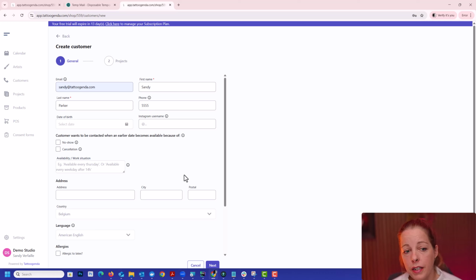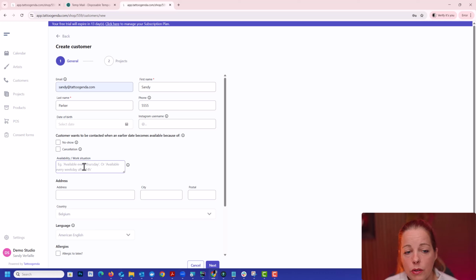Sometimes the customer indicates, yes, please let me know if something happens. And then there's a difference between no-show and cancellation. A no-show is somebody not showing up. If you want another customer to fill out the no-show place, they will need to be able to jump in their car and drive to your studio immediately. It very much depends on the job, I think, of your customer. And then the second option is a cancellation, and a cancellation is something that happens at least one day ahead. This is mostly customers who say, yes, I can take the spot, but I need to know one day ahead minimum so I can notify my boss that I can take a day off. So there's a difference in those two.